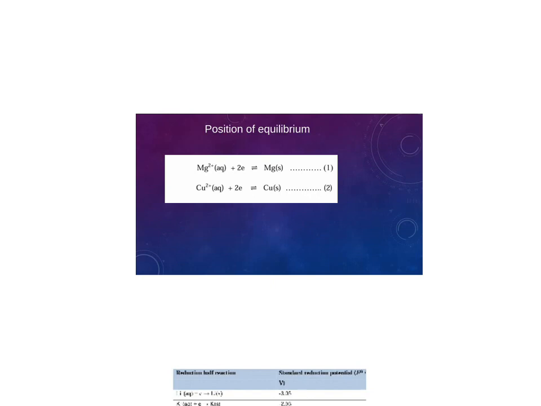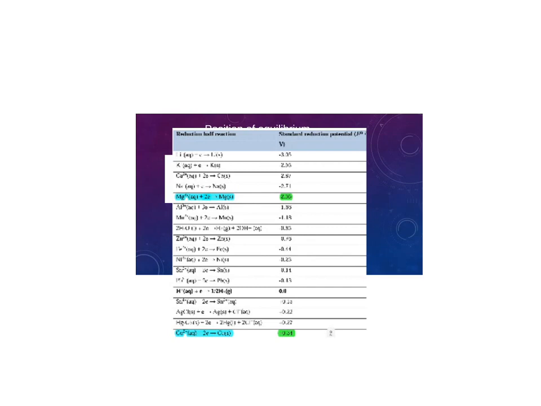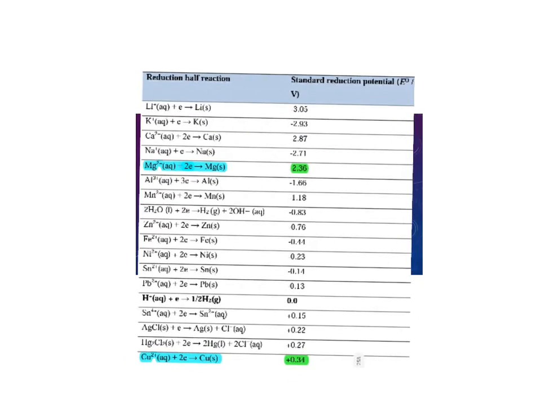Right, now let's look at the position of equilibrium depending on the electrode potential value. So you can see here we have put in two equilibria, right? First one is the magnesium electrode and the second one is the copper electrode. When we write electrode potential equilibrium, we always write it as reduction potentials. That means the gaining of electrons always comes to the left side, right? Now let's compare the electrode potential values. You can see magnesium has a standard reduction potential value of minus 2.36,